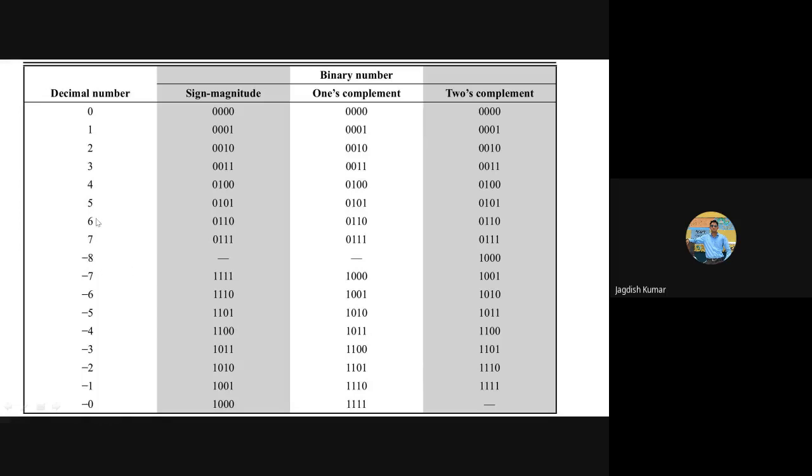Suppose you are asked to represent 6. How do you convert it? You simply do it the way you used to do for the integer part. You divide it by 2 and keep on dividing until you find the corresponding representation. So 6 will be the same. Positive numbers are going to be the same in all these representations. This is something important you should notice. All the positive numbers look exactly the same in all these representations. What is different is how they take care of the negative numbers.